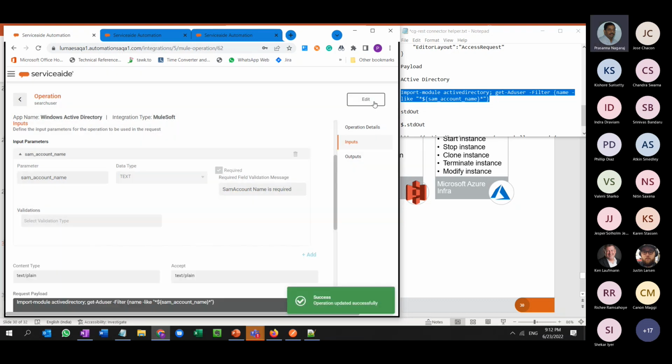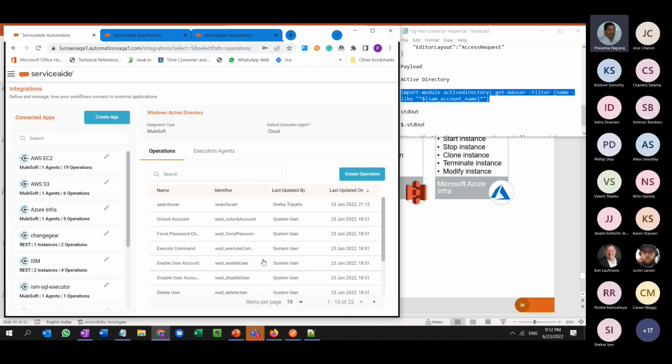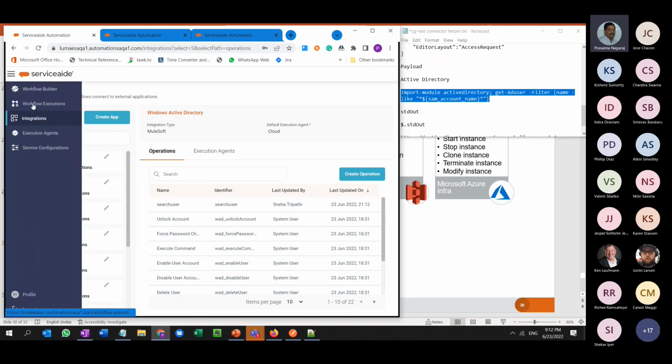I just created a new operation called search operation, and this is the file it would run. I'm currently not bothered about the output. We can just consume that and then see. Let me go to the workflow builder,